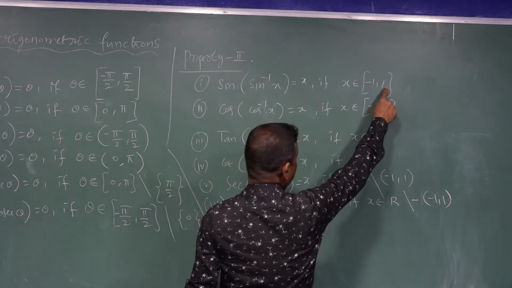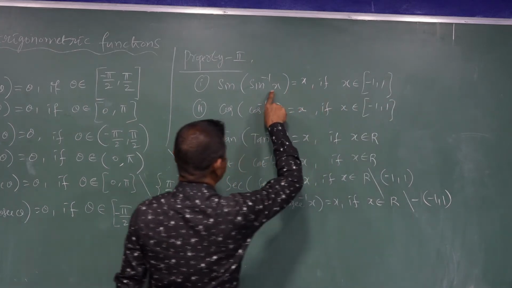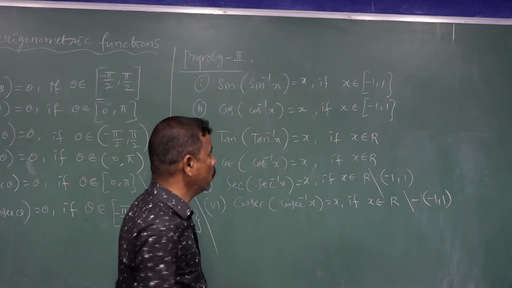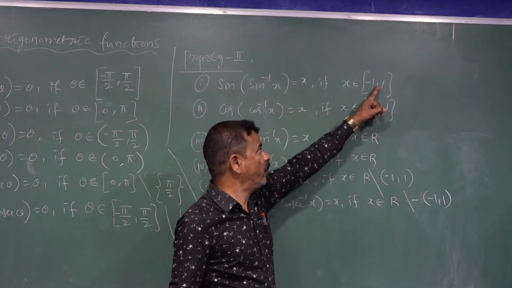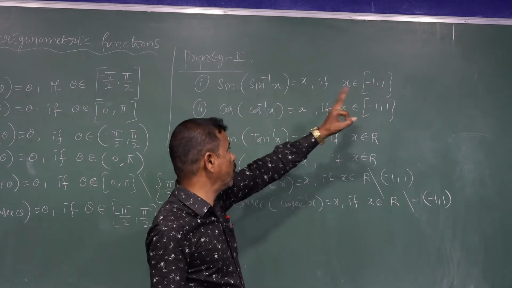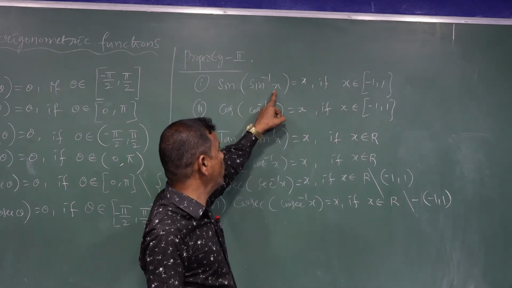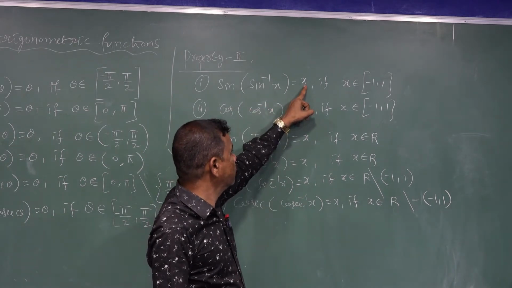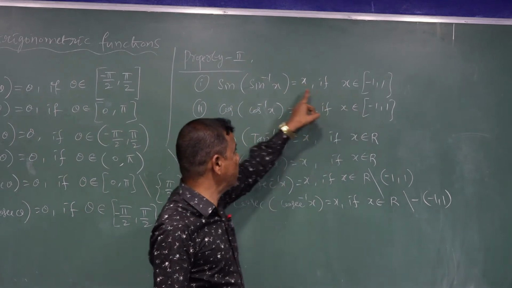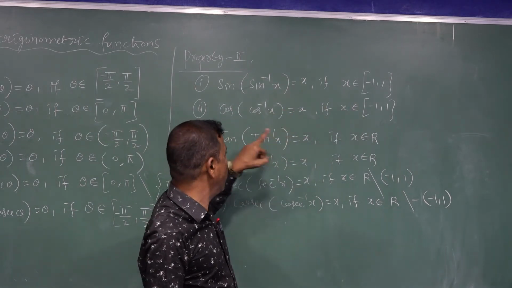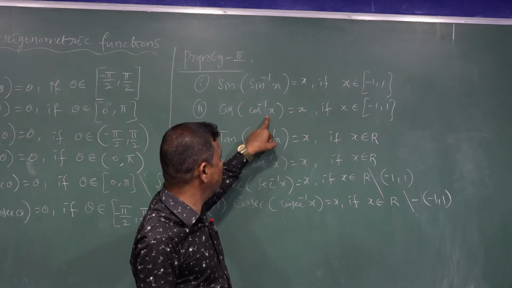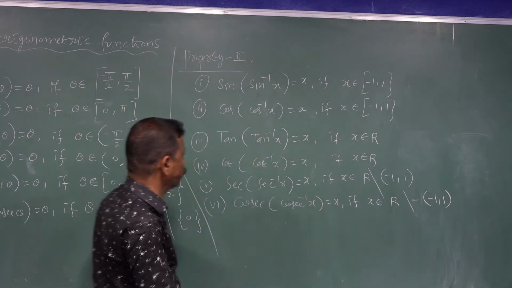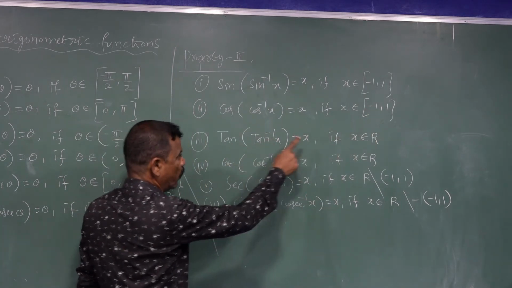If we go above 1, to value 2, sin of sin inverse 2 is equal to 2 is not correct. In minus 1 to 1, in between value 0, suppose we take any value in between, 0. Sin inverse 0 is 0, sin 0 is 0, here 0 comes. Yes, in between values it can exist, otherwise it does not exist. Here also cos of cos inverse x is equal to x, where x belongs to minus 1 to 1. Here tan of tan inverse x is equal to x.